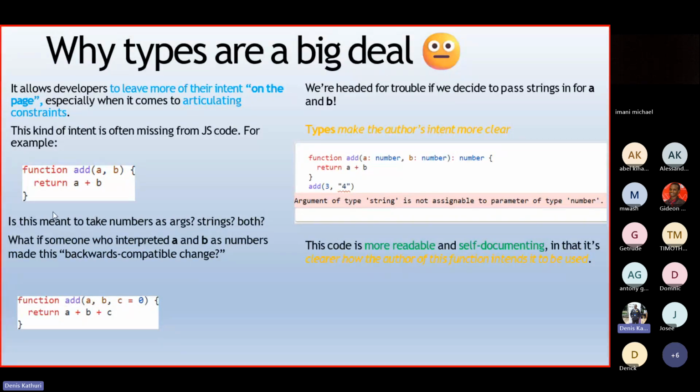So in this, is this meant to take numbers as arguments, strings, or both? This is the kind of question that most developers, when they come to interact with this function, will be asking. And what if someone interpreted A and B as numbers and made backward compatible changes like this: A, B, then C equals 0, then you return the addition of those two